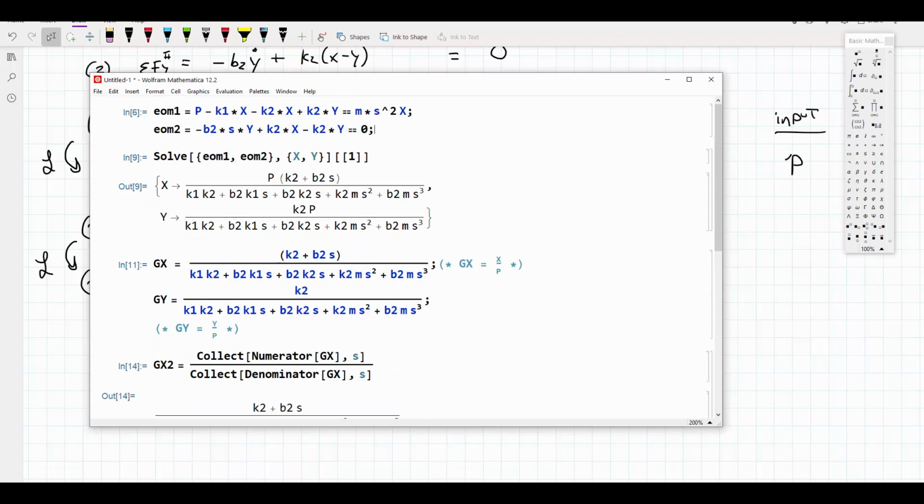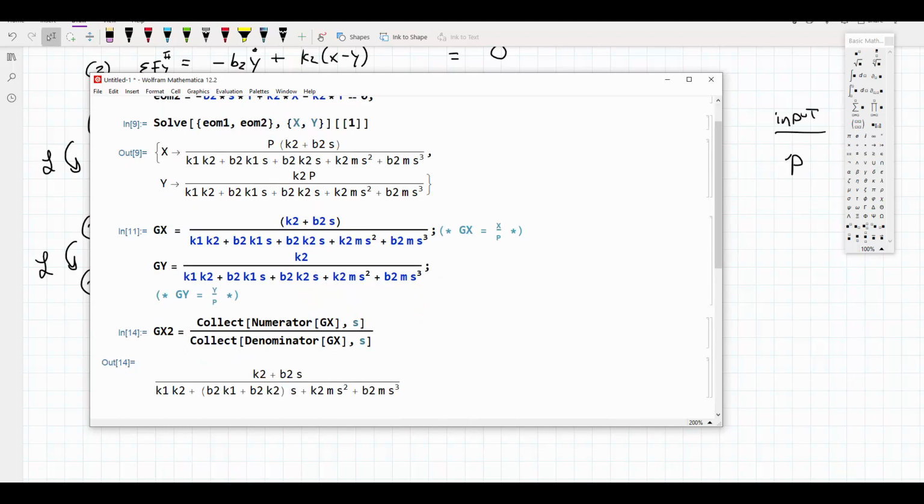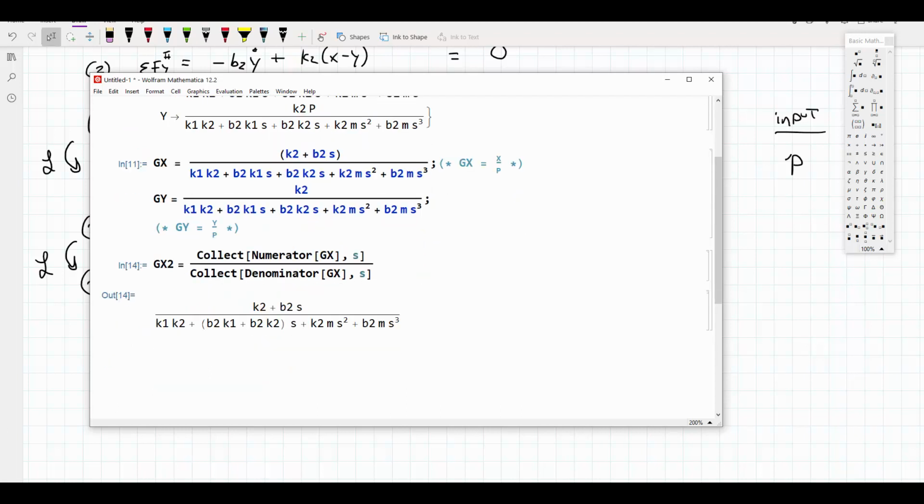I took the two equations of motion in the frequency domain, and then did the solve command to isolate my outputs. I then had to manually get rid of that input by effectively dividing through it, and then I let Mathematica do a little bit of the algebraic cleanup by using that collect, which is going to collect coefficients in front of the variable that you specify, here s. And I have to separately do the numerator and the denominator. All right, so I'm going to take this